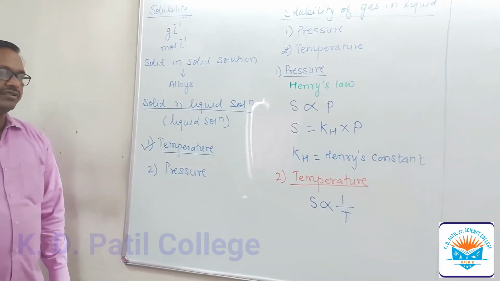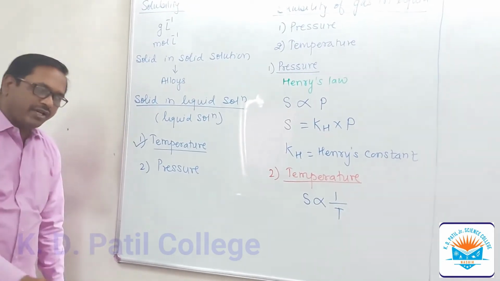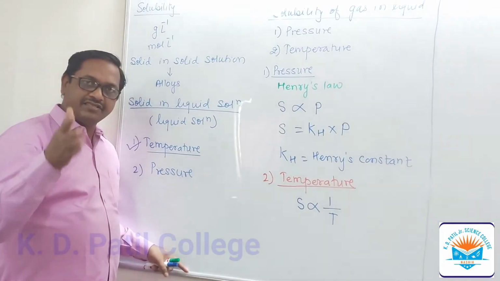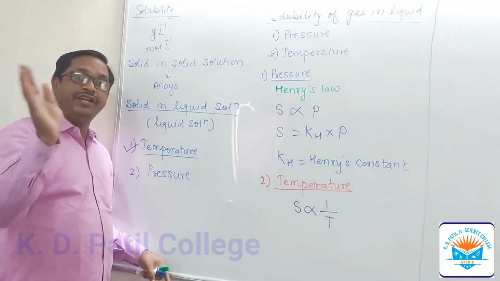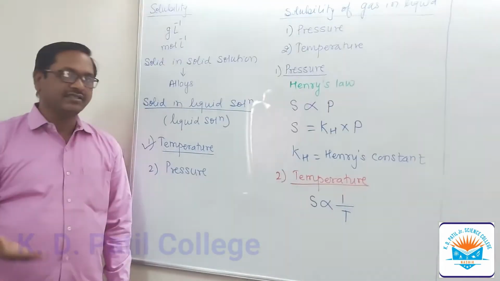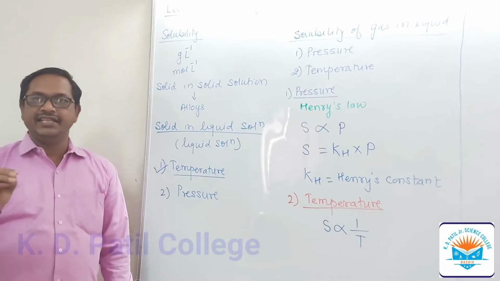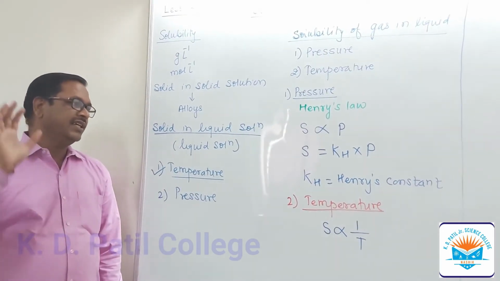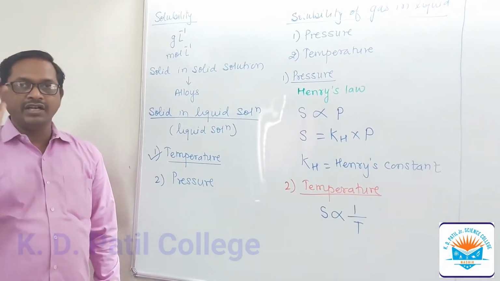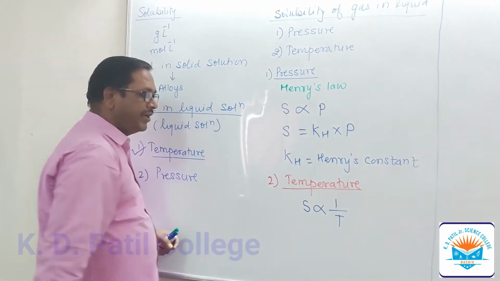Due to this, the aquatic animals go toward the lower level for proper respiration. Because at the lower level the temperature is low, and at low temperature solubility is more, and they can properly respire there. For that purpose, temperature plays a very important role for the aquatic animals, and that's why during the summer season aquatic animals are found in the lower level of the sea. That is the effect of temperature.